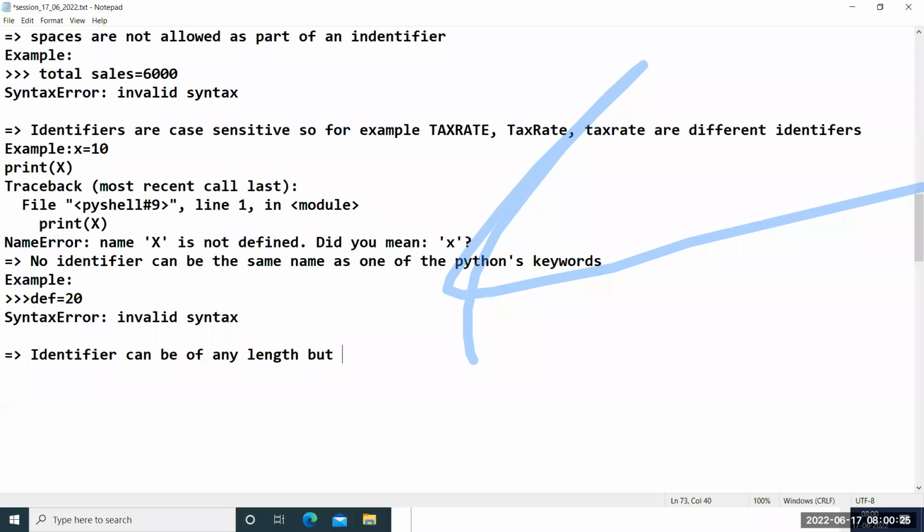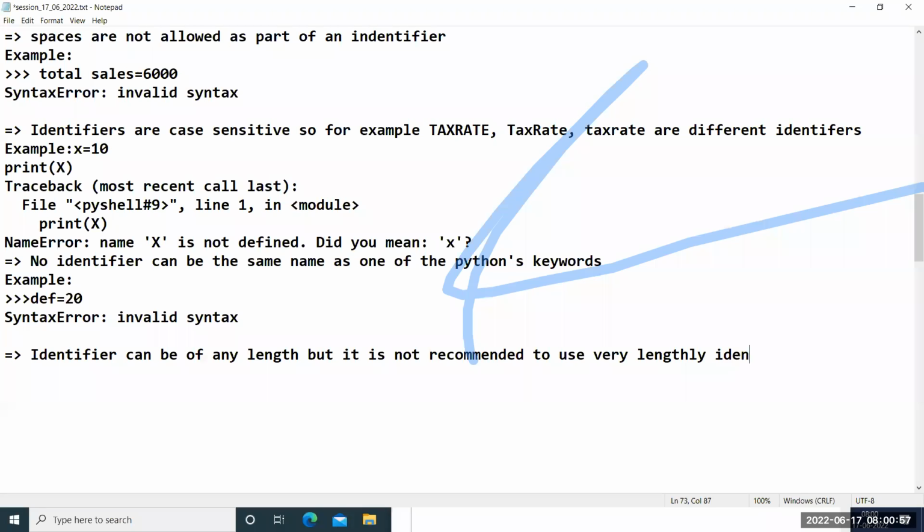That's why it is not recommended to use very lengthy names. Identifiers can be of any length, with no restriction, but it is not recommended to use very lengthy identifier names, because it unnecessarily increases the complexity. You should not make anything complex.